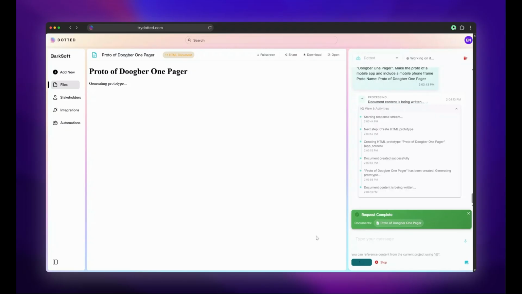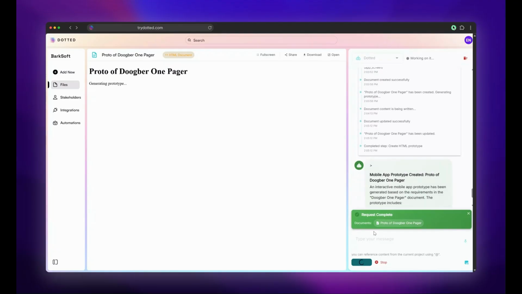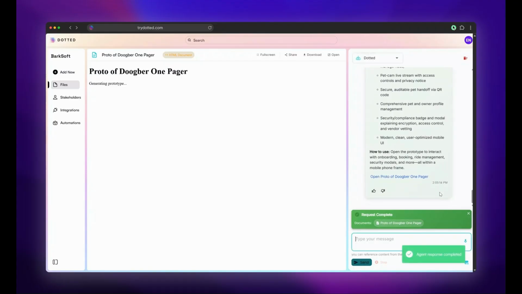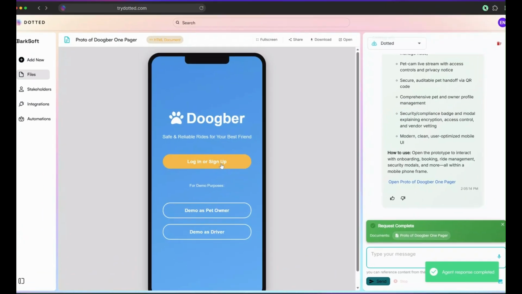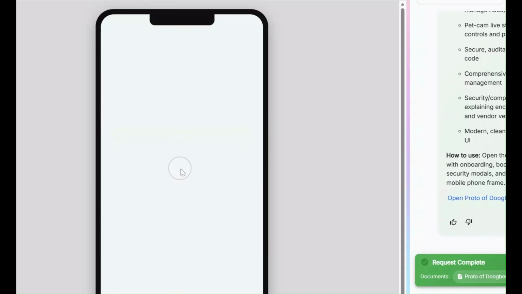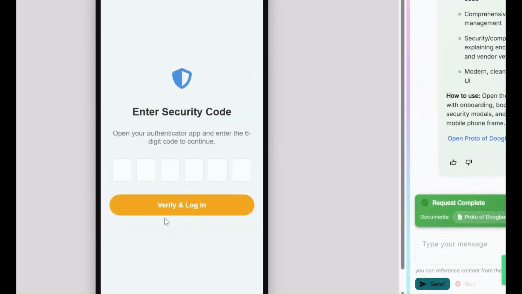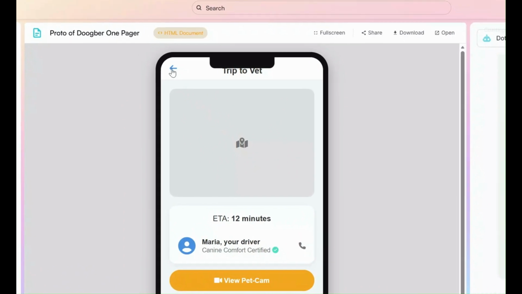And one of the neat things you'll see once the prototype comes out is that the prototypes are pretty good. And because they are in your project, they are fungible. They can interact with the rest of Dotted the same way that documents and stakeholders can. You can talk to your stakeholders about prototypes. You can start a conversation with a designer stakeholder and then ask for a prototype to be created, and then ask for a spec to be created, and then ask for work items to be created in Jira or Asana on your behalf. You can just start your workflow at any point and go.